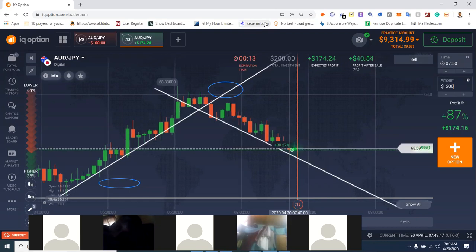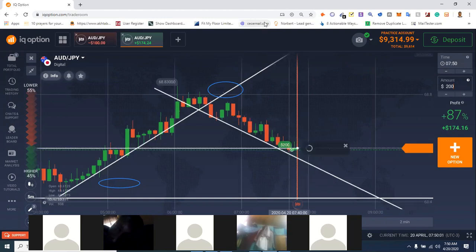Today now, I'm not taking any trade again. I am done for the day. Look at this thing. It is almost close to the end of the trade. You can see it now. So I believe I've been able to answer our questions. If you have any question, please let me know.